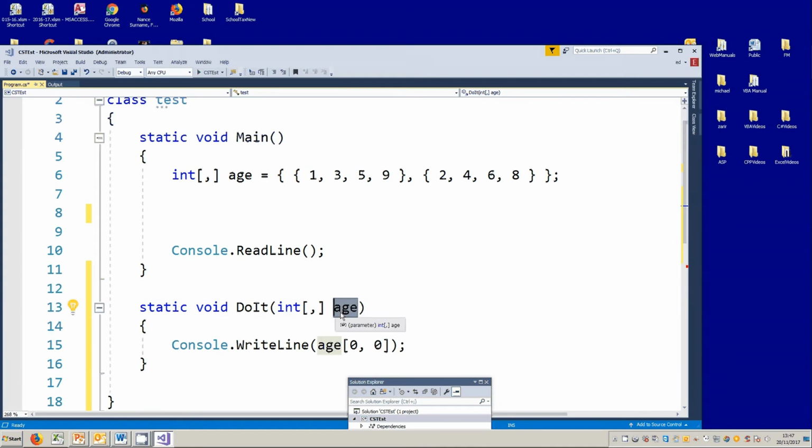We declare our variable age. We should really call this something else, like ag, for example, being a different variable, but we'll leave that for the moment. And we're passing of that particular type, in other words, a two-dimensional array. Now, to actually pass the